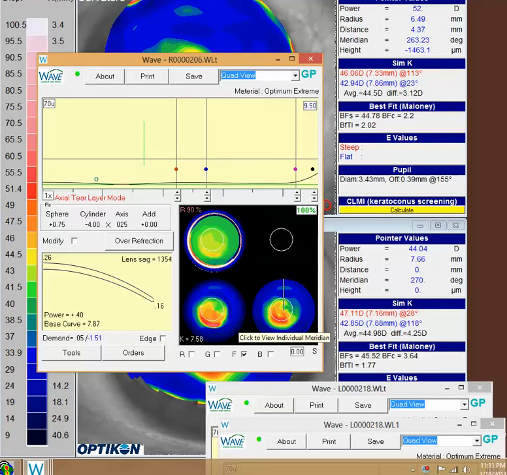One of the tools that a lot of the docs like to use, and I found this successful. Now keep in mind, as you know, the rules go kind of out the window with these keratoconus patients. But one of the tools that's very useful is this little aspheric optical zone design here. So if you look, this is the topography of the cornea as Wave views it, and this is the back surface of the lens. You mentioned that sometimes that lens has a little steeper look to it. That would make sense because you have an optical zone here that's set at about, I think,